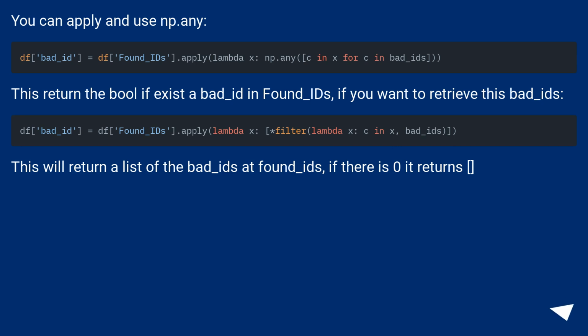This returns the bool if there exists a bad_id in found_ids. If you want to retrieve these bad_ids, this will return a list of the bad_ids at found_ids. If there is 0 it returns